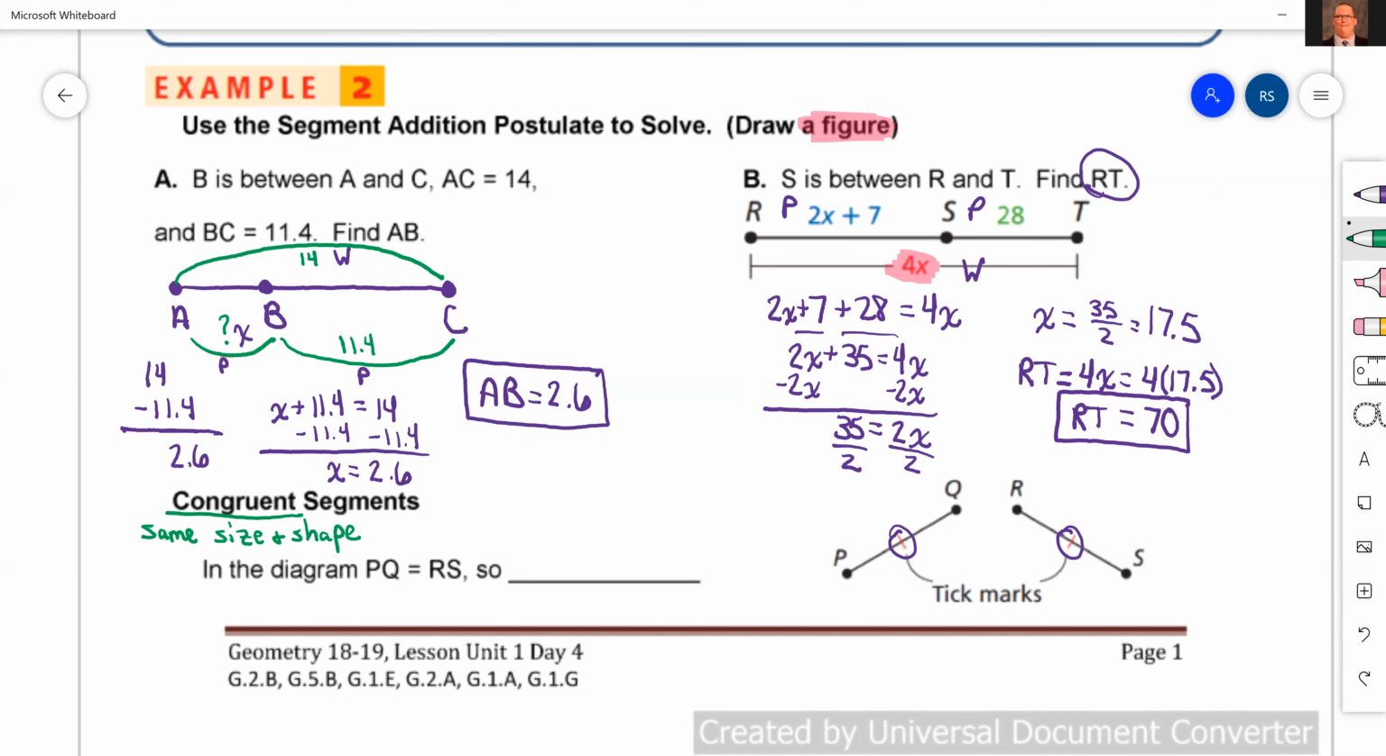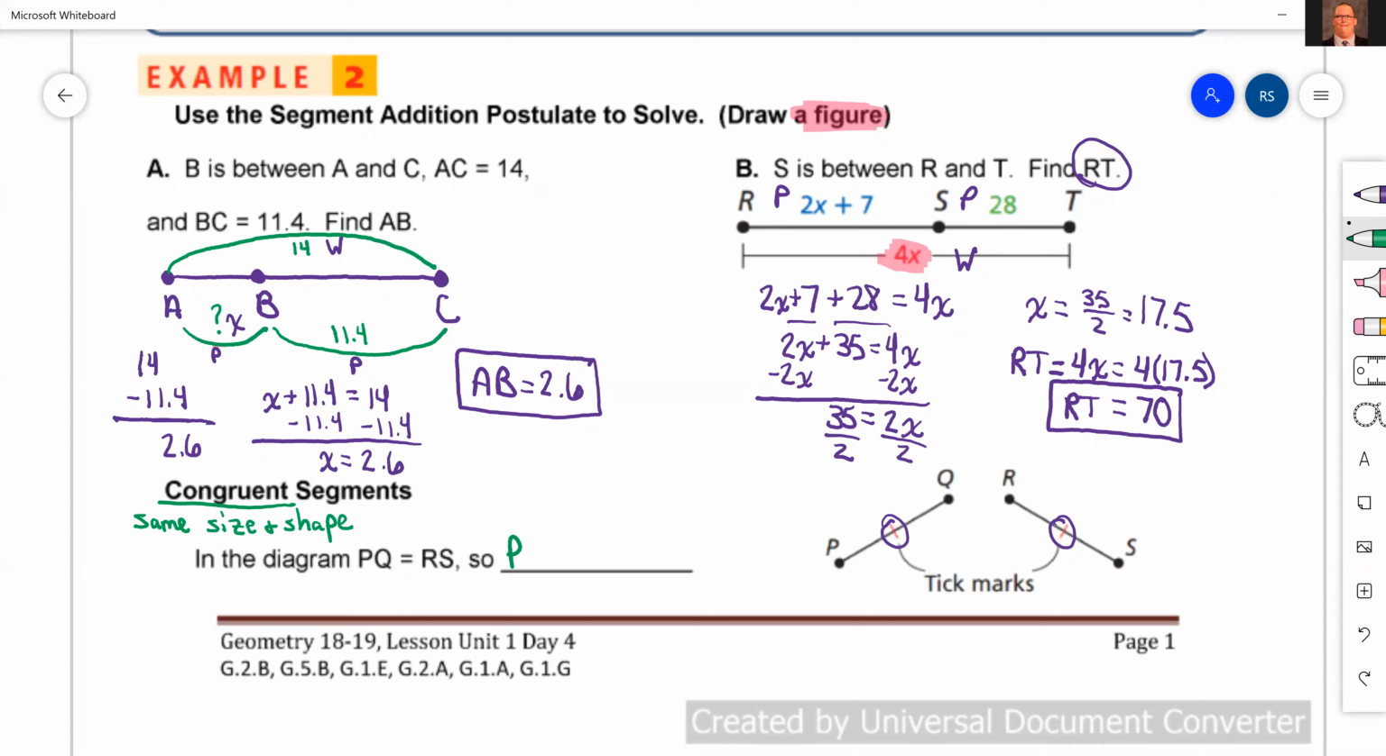So in the diagram, since PQ is equal to RS, we can say that segment PQ is congruent to segment RS. Now, what if I had two other segments over here? Let's say I had that segment and